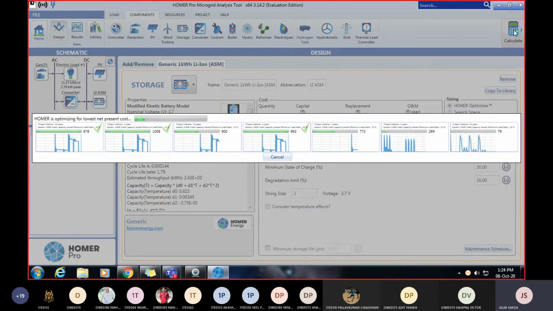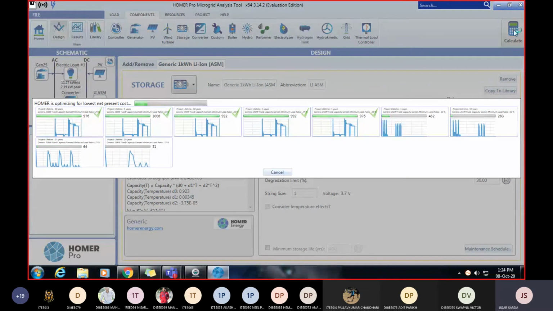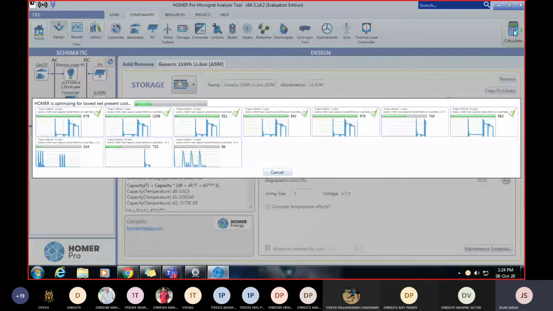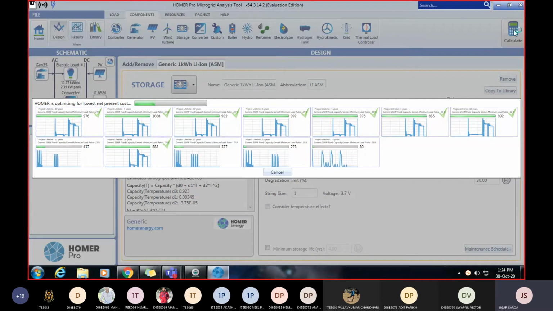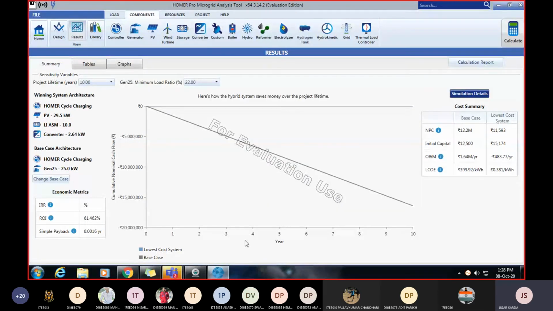If you take fewer sensitivity variables, it requires less time to perform. Analysis is done, right?